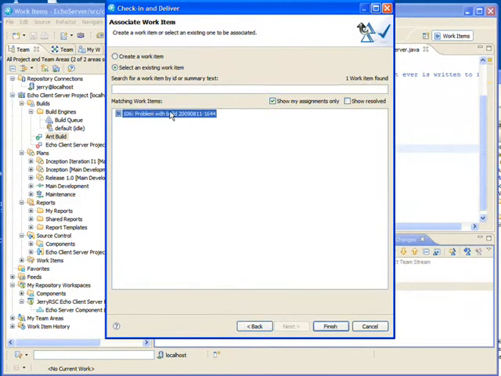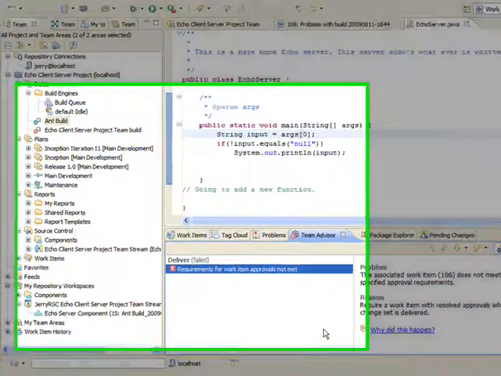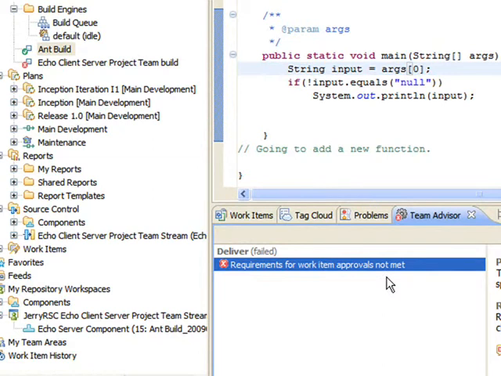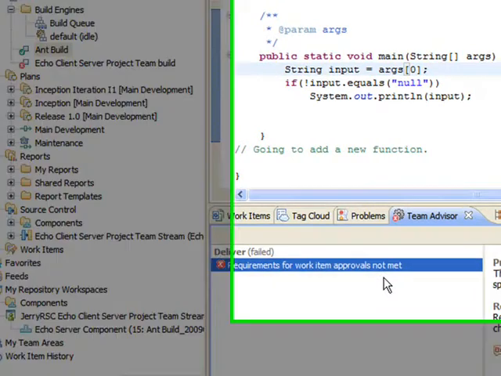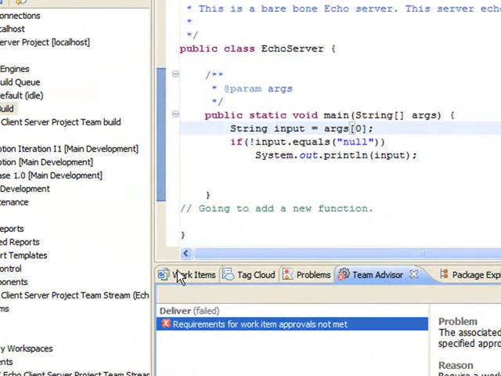There is a work item, so that's the one we want to associate it with. We finish, and okay, the same process that kicked in the Visual Studio client kicks in here and says that it does not meet the specific approvals.